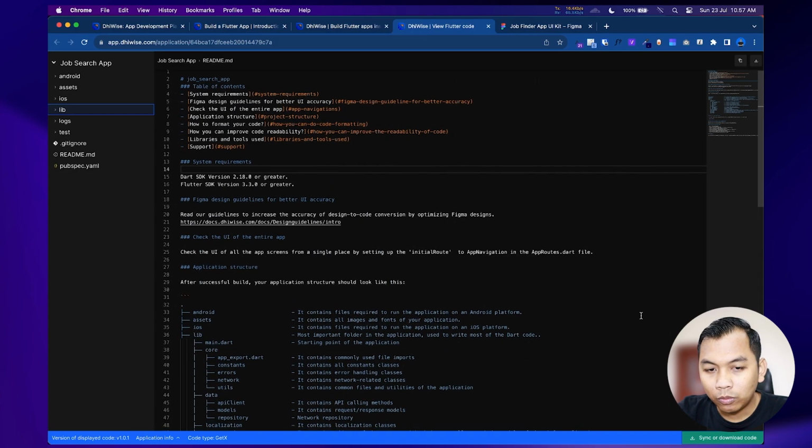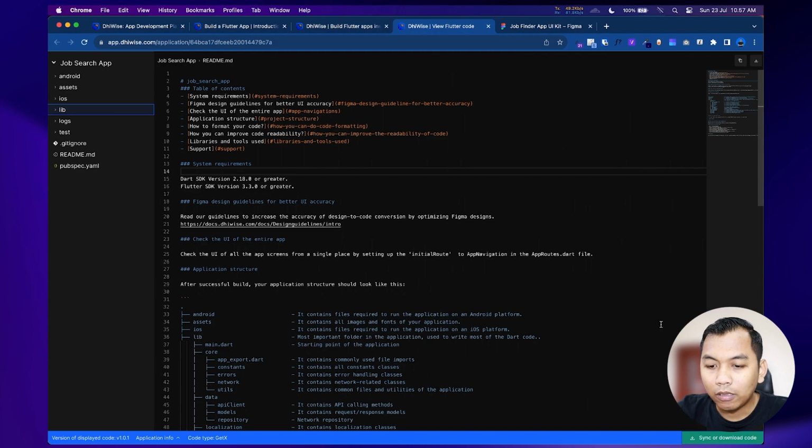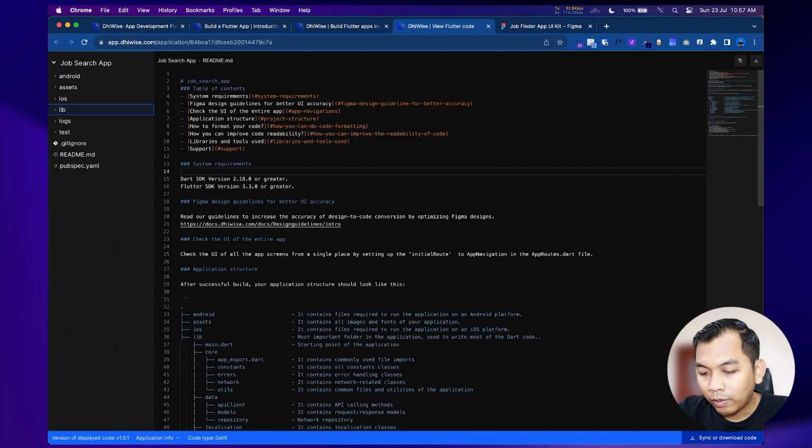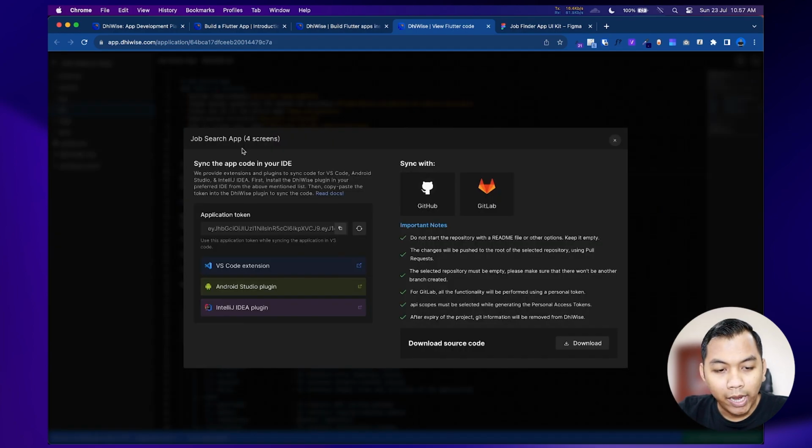To download this code, at the bottom right we will see sync or download code. We can sync the app code in our IDE, or sync it on GitHub or GitLab, or download the source code here.